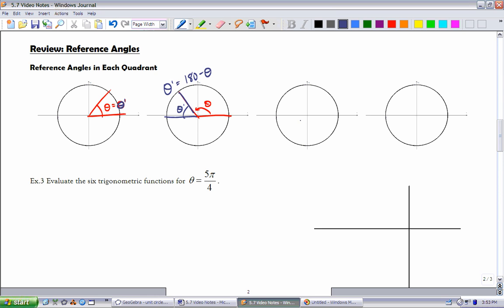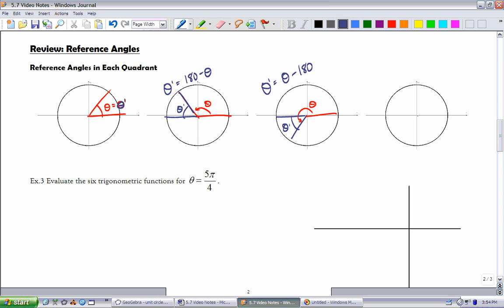My reference angle is going to equal 180 minus my original angle. Okay? If it falls in the third quadrant here, and this is my theta, then its reference angle again is made with the x-axis, okay, and in this case is going to equal theta minus 180, or pi, if you're dealing with